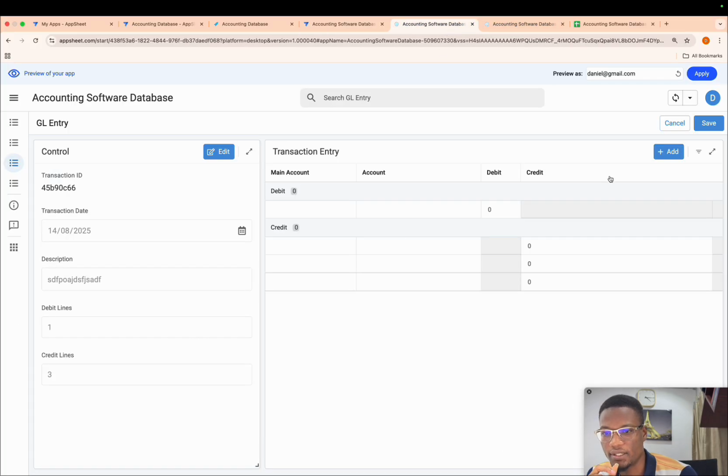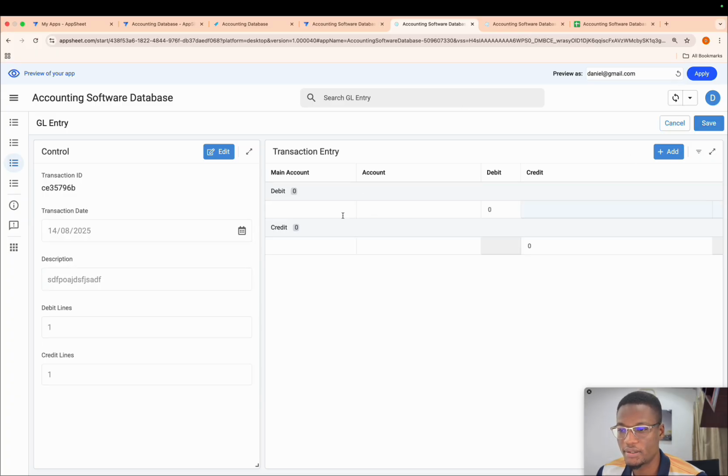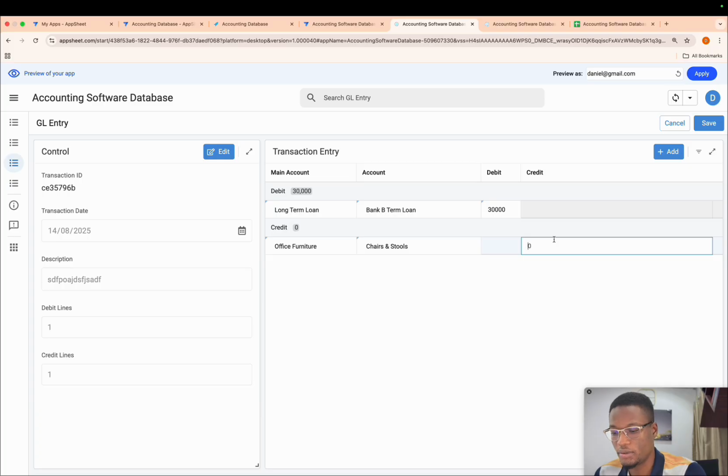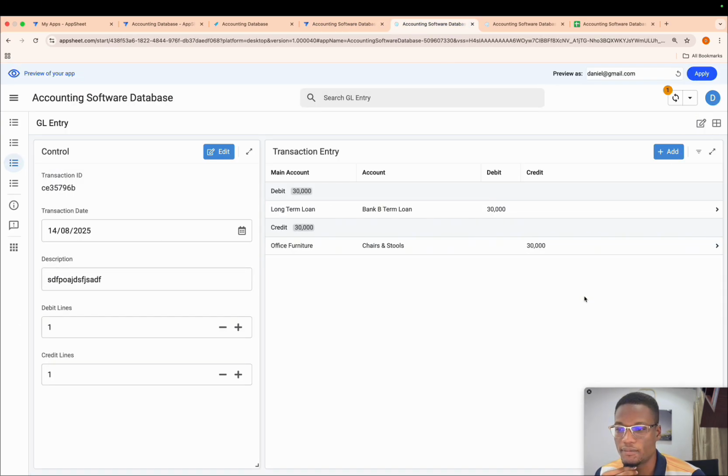So let's come back here and let's see how this works. Cancel. Let's refresh our app. So I'm going to reduce this to 1. Is that okay? Then I'm going to try and pass a transaction. So let's click plus. Let's select, let's say, long term. Select this. So this is 30,000. Okay, and then each one. I'm just selecting anything. 30,000. All right, the colors didn't change. Have I done something wrong? Let's see. There are no colors.